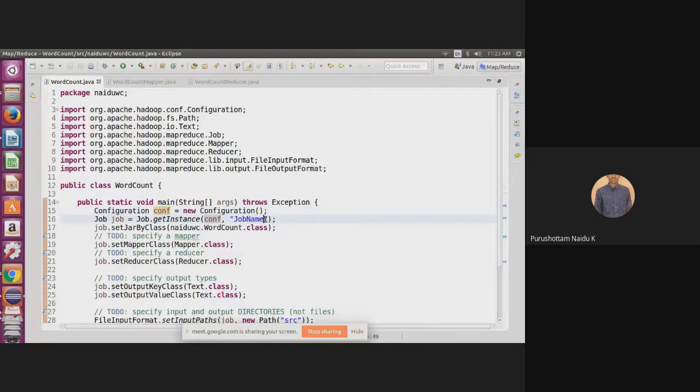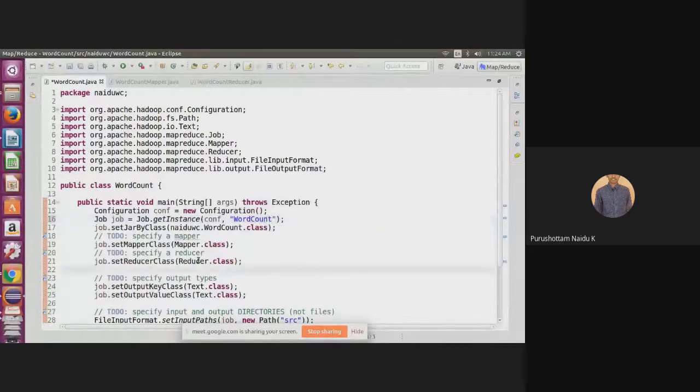What is our job name? Just like our program name, we specify it here. We can give any name, just like our program name. I have given the job name as word count.